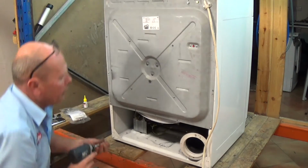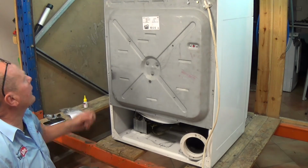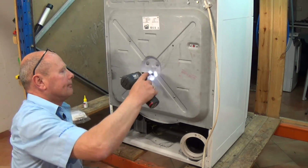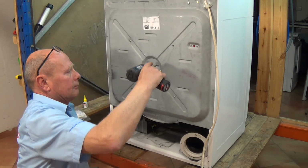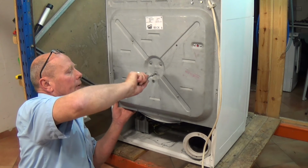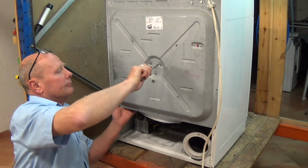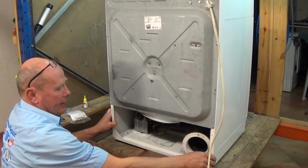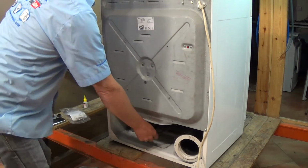The 3 at the top are for the lid, and that's tidy in place. Now we can do up the drum ones. And even if I've done them with the impact, I like to make sure that they're quite tight on these, which they are. Now we've got that in place, we can actually just go to the top of the machine,